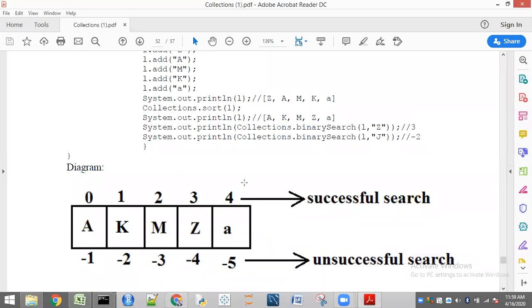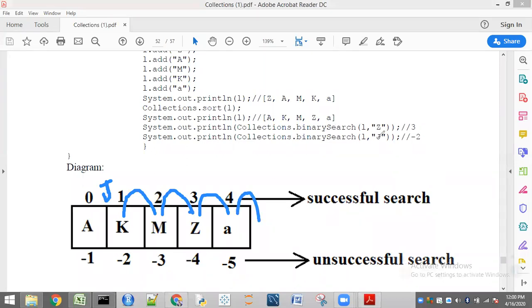If I want to insert J, where will J be inserted according to the order? After A, B, C, D, E, F, G, H, I, J. That means in the place of K, J has to be there, and this K has to be moved here, M has to move here, Z will be here, A will be here. Now I'm searching for what? J.